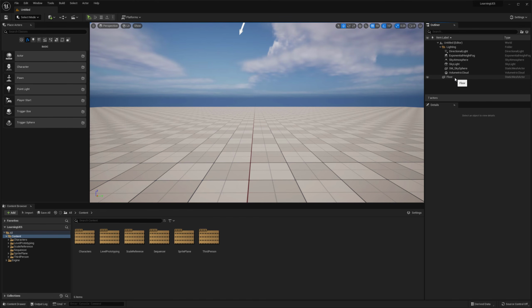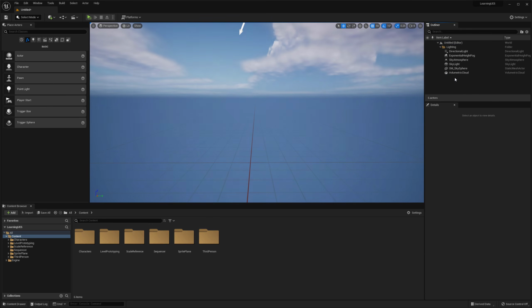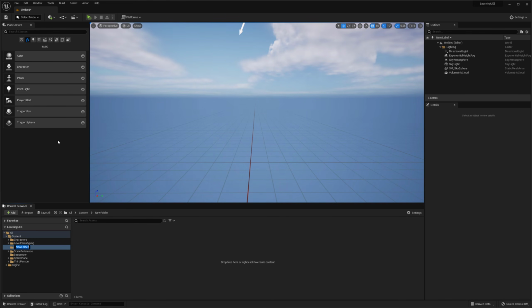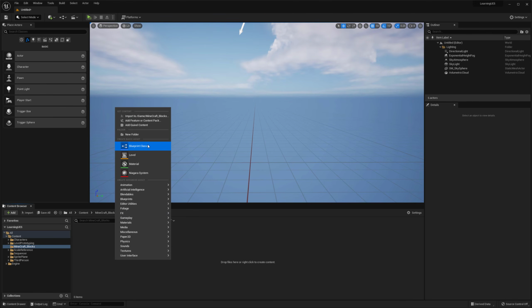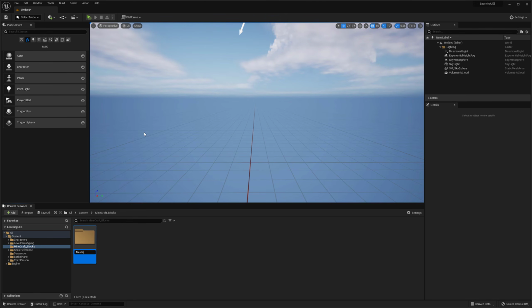So nice on that. I'm going to get rid of the floor. Don't want that. And what I'm going to do is go into the content area, make a new folder, and just call this Minecraft_blocks like that. And I'll right click and say new folder, and I'll call this meshes, and I'll right click and make a new folder and call this materials like that. And let's go into the meshes folder, double click on that, right click and say import, and we're